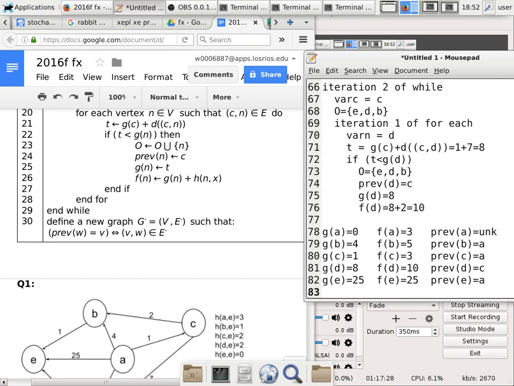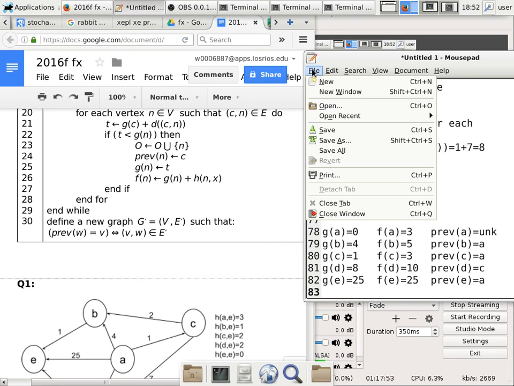Okay. So it's not something that you have to turn in, but I want you guys to finish this algorithm, finish tracing it, and I will continue to do it on Thursday as well. So that way you can cross-check your solution to my solution. It may not be the same because the way we choose the neighbors won't be the same, but when you look at the outer while loop, it should be the same, because we're always choosing the one with the least F value. So I better save this file because otherwise I won't be able to do it again on Thursday.